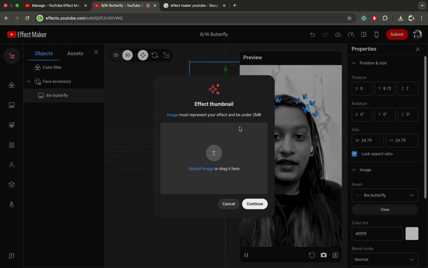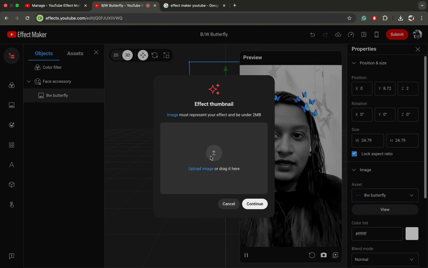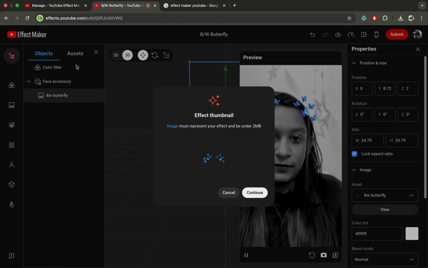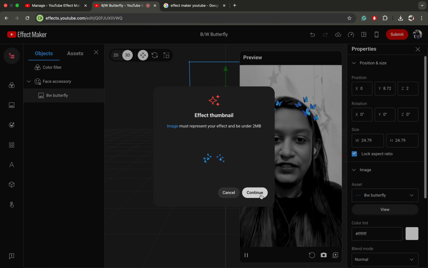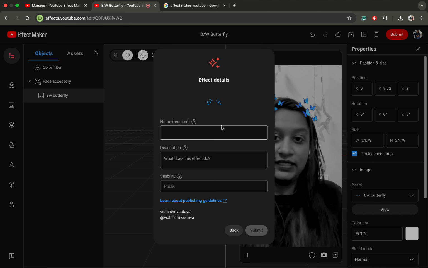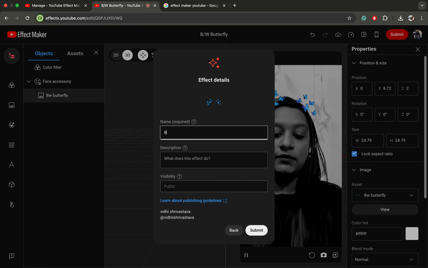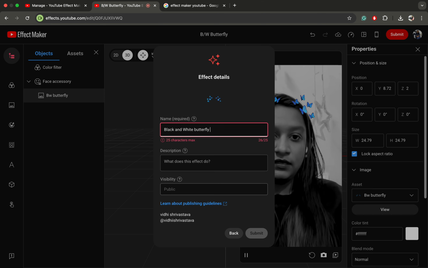So here it will ask you to add the effect thumbnail. I can quickly select the butterfly itself, or if you want to add an image, you can definitely go ahead and click on continue. So you have to give the effect details. We have the effect name, so black and white butterfly.